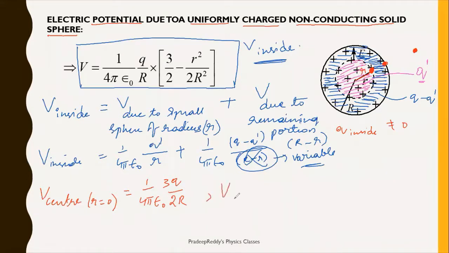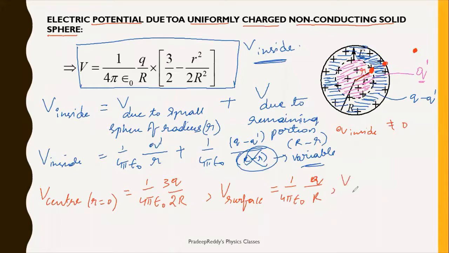Now potential on the surface. So potential at the surface, simply you can take this as 1 divided by 4 pi epsilon naught, small q, because I am taking this whole charge as q, divided by capital R. Because here in this smaller place you should substitute capital R. R square gets cancelled, that is 1 by 2. 3 minus 1 by 2, that is 2 by 2. 2 by 2 gets cancelled, so it is 1 by 4 pi epsilon naught q divided by R. That is potential on the surface.